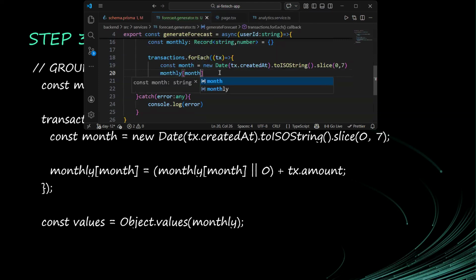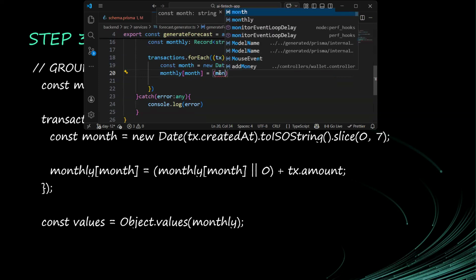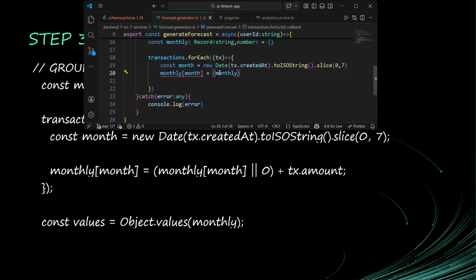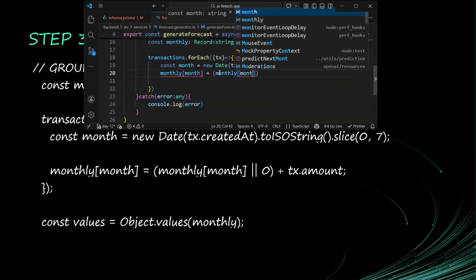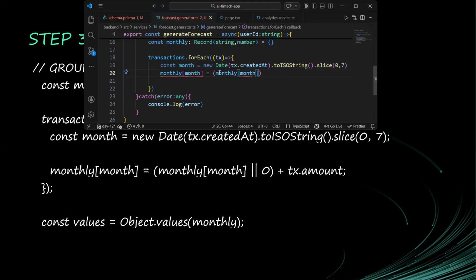Okay. Now this month is the key of this record. And then I will say is equal to. So we will put this inside of parentheses, and we want to get the monthly of months. That's the key of this. And in case it is null or undefined, we want to return 0. So after that, we are adding